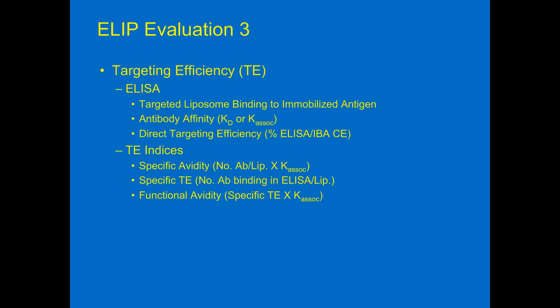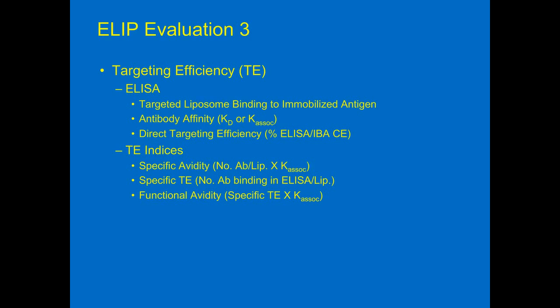And from this, we get 3 different targeting indices. There's the specific avidity, which is the total number of antibodies conjugated per liposome times the association constant. So then you get an overall avidity. However, that's not specific enough. So we go to a specific targeting efficiency, which is based on this direct targeting efficiency, and this gives us the number of antibody molecules that are actually binding to target molecules in